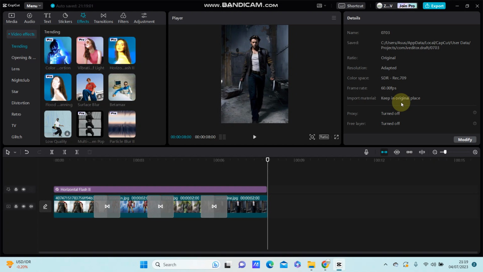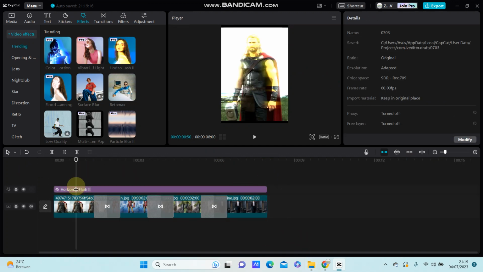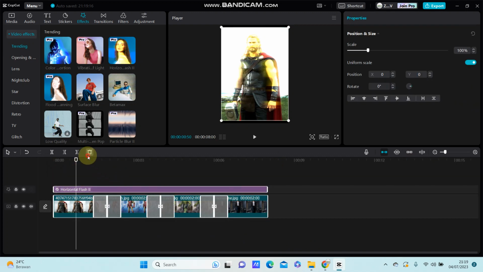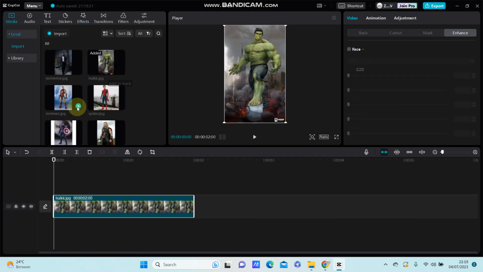Hello guys, in this video I am going to show you how you can apply the black and white strobe transition effect in CapCut PC and how you can combine with a video effect. So first you can select your videos or just photos if you want to edit, and for example